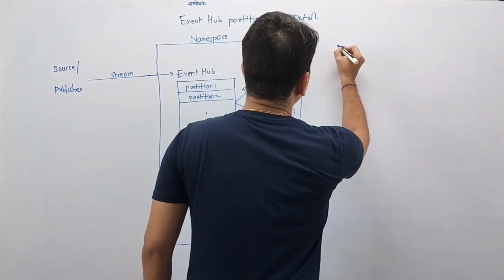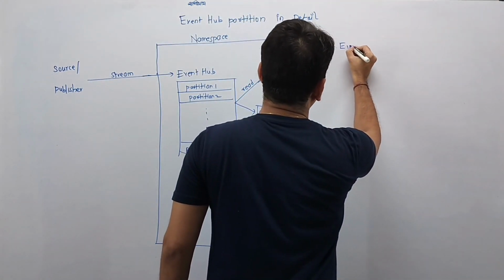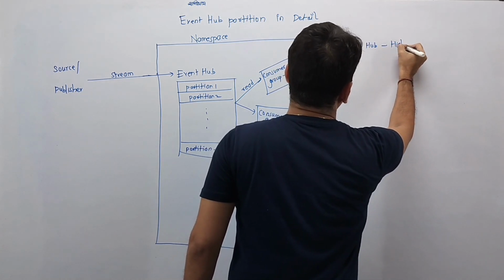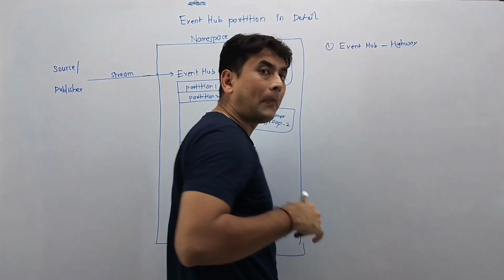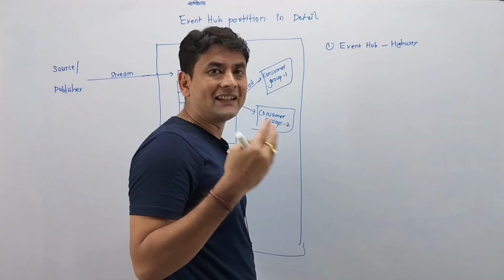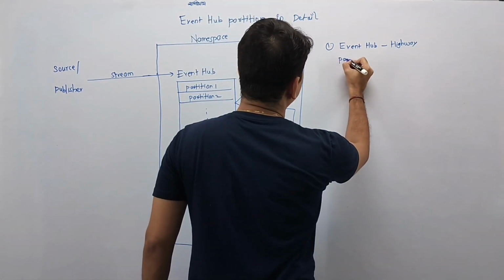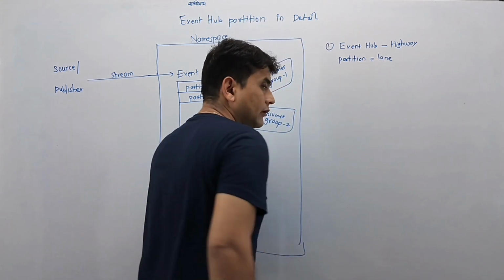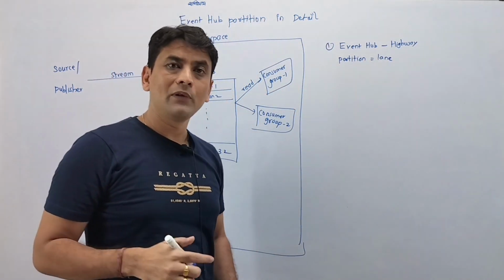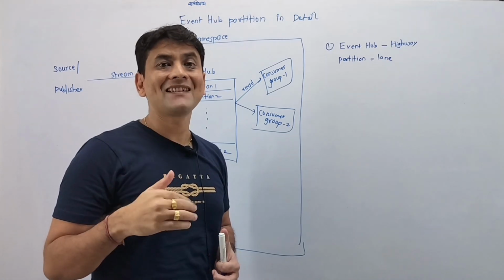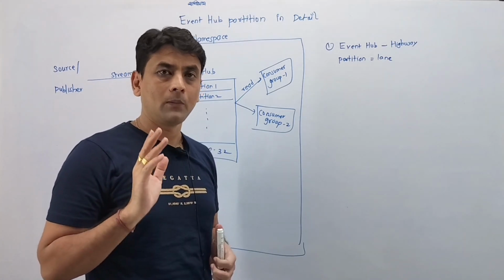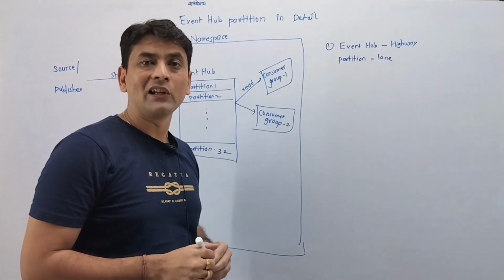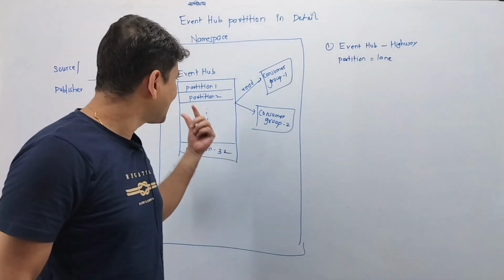So first thing, consider event hub as highway and partition as multiple lanes in that highway. So partition is equal to lane. So guys, the more lanes in a highway, the more vehicles can pass at a time, so better is the performance. Similarly, because we have partitions, this event hub can handle huge amounts of data, because partitions provide